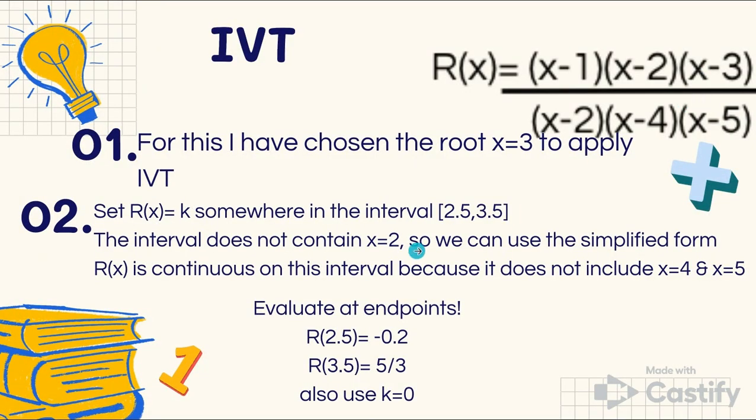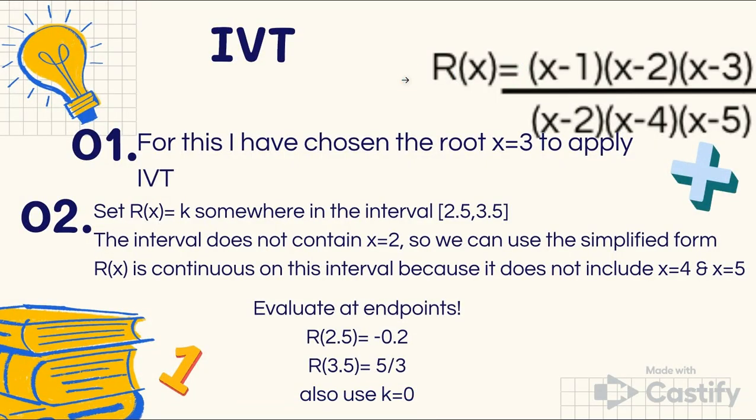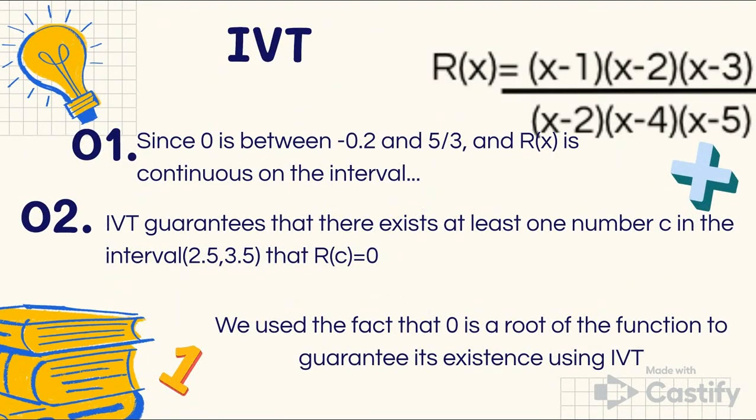So I would need to evaluate at the endpoints, which are 2.5 and 3.5, and plug them into the original function, which gives negative 0.2 and 5 over 3. I have also chosen that k equals 0. So since 0 is between negative 0.2 and 5 over 3, and r of x is continuous,